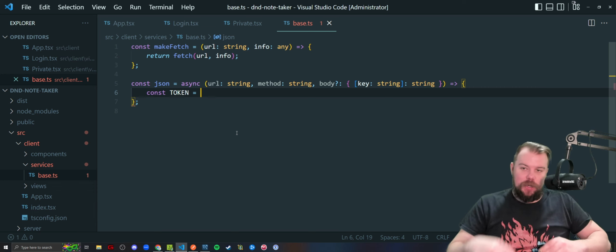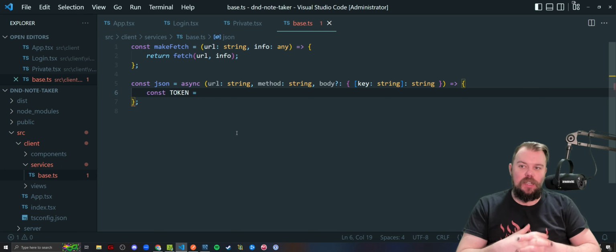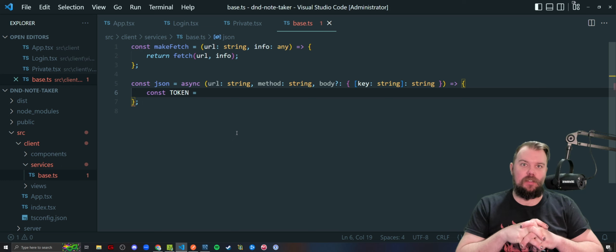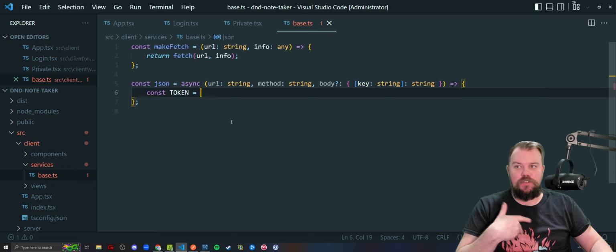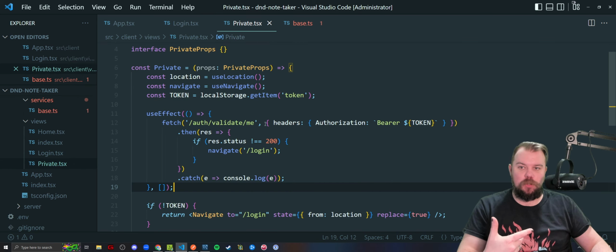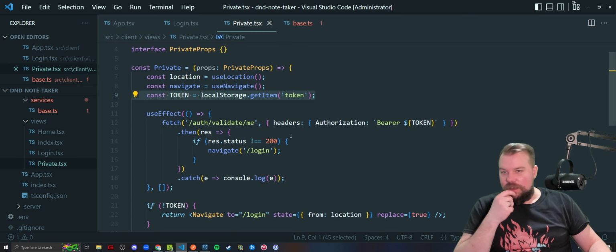And you know what? Speaking of token, like I said, I hate to do this, but I want to take a pause here, and I want to say that it might be useful to also have some kind of utility that manages how we get, set, and clear our tokens, right? Now, that logic is very easy, right? We've done it several times already when it came to localStorage.getItem, right? But again,